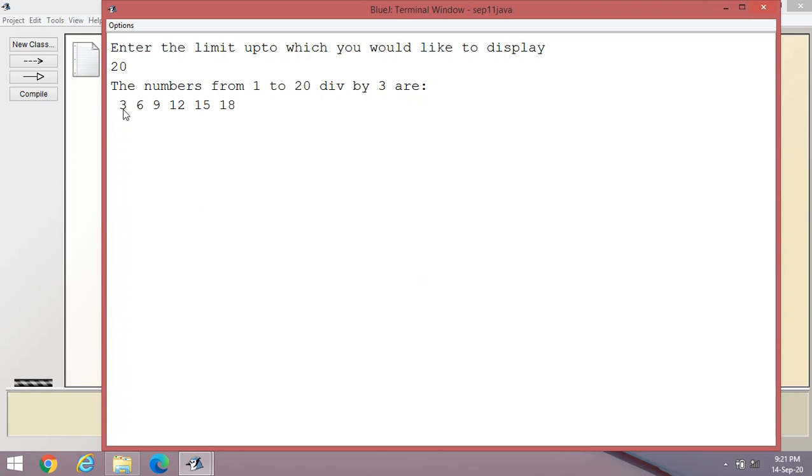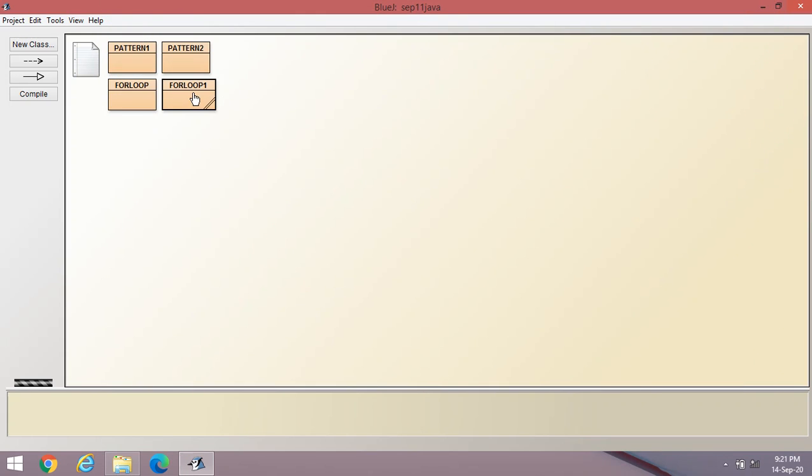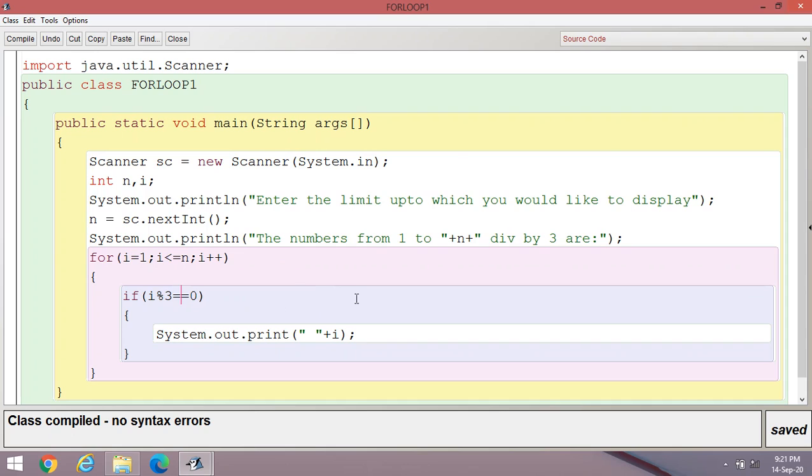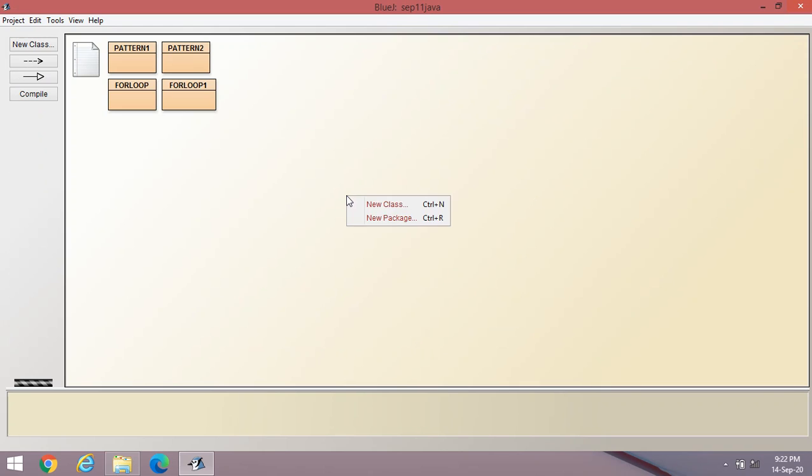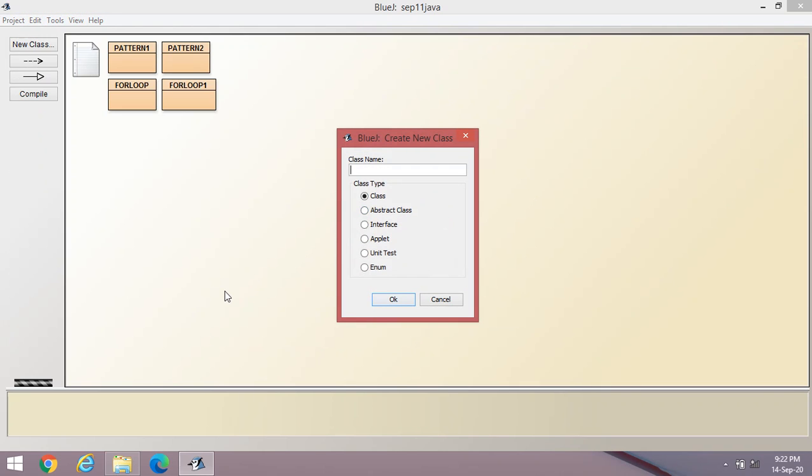It means you can display the table contents. Now check this. Suppose I have to display the table. Then what to do? Let us check again a new program. Let us copy this one, Control A, Control C, and make one new program so that with the help of for loop we can display a table.